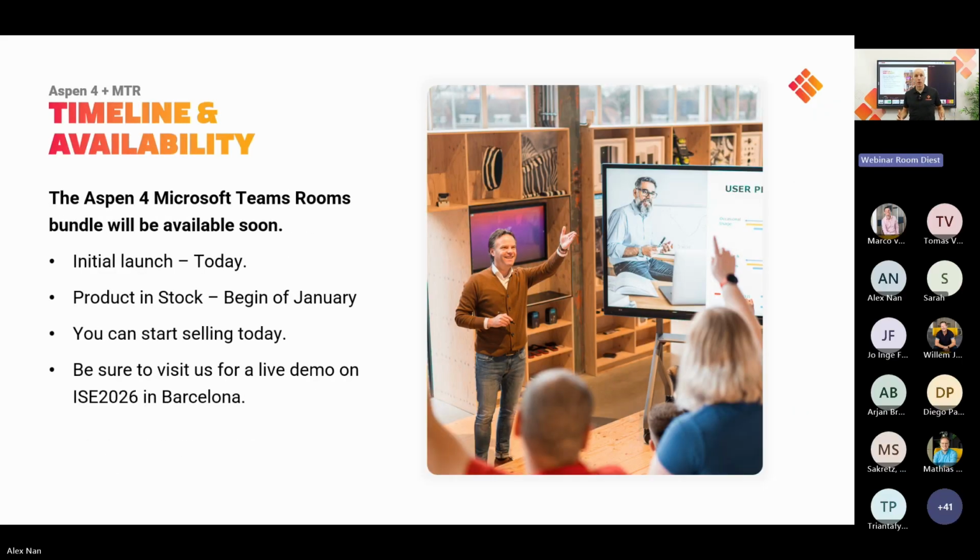Important question, of course, when will this be available? So today is the official launch. You are the first ones able to see all the details about our solution. And starting from the beginning of January 2026, the product will be in our inventory. So that means that pre-orders are already open, but for availability, you will have to wait more or less 5 weeks